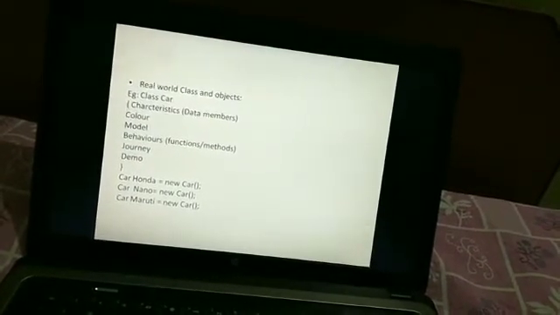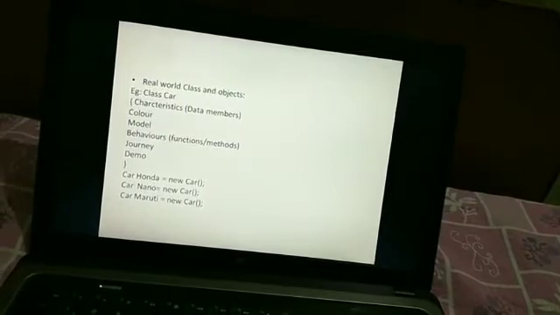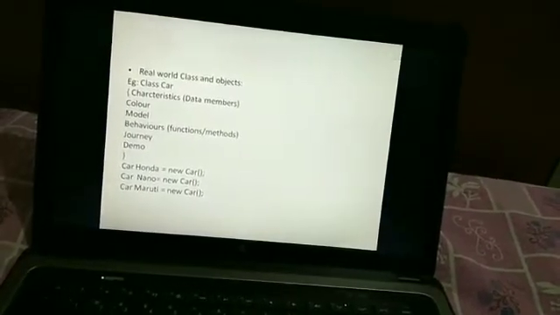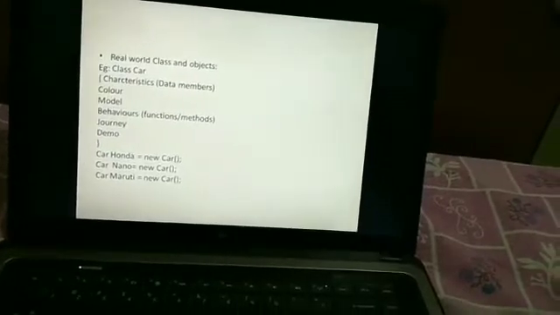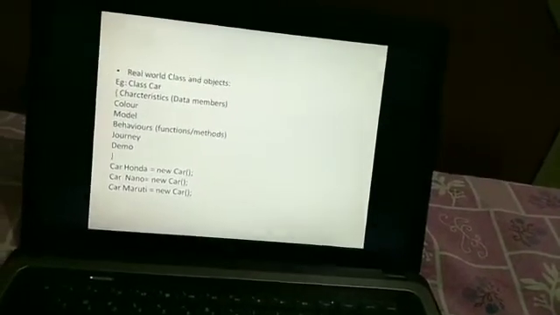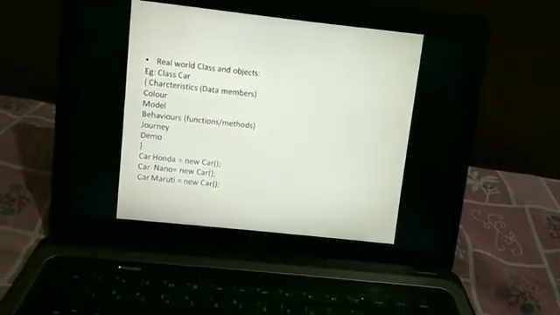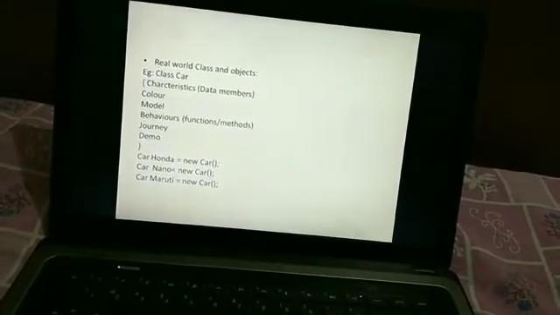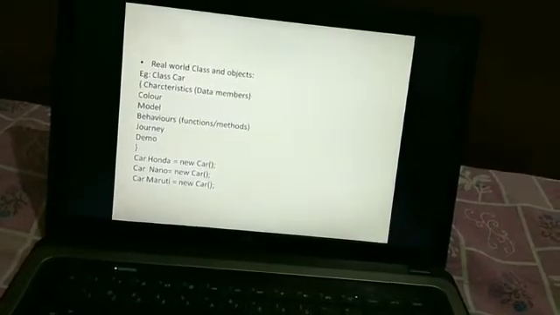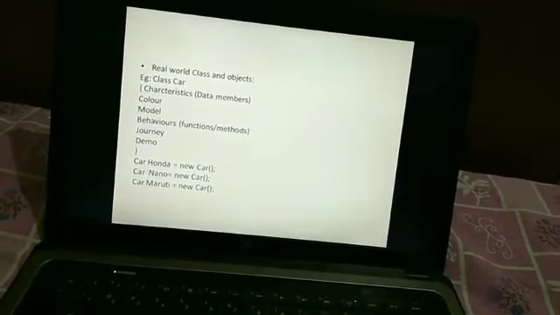And they have created objects over there. Which are the objects? The names of the cars are your objects. That is, Honda, Nano, Maruti are objects which have been created under the class called Car. That is, Car Honda equals new Car, Car Nano equals new Car, Car Maruti equals new Car.